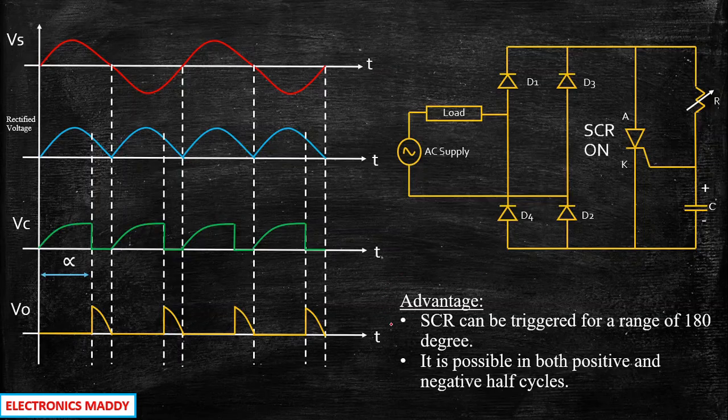So this is the advantage when compared to the half-wave RC triggering circuit, where you will only be able to control the SCR during positive half cycles. During negative half cycles, you had absolutely no control, isn't it? So by rectifier, you will be able to control both positive and negative half cycles, and the triggering angle is from 0 to 180-degree range. Whereas in R firing circuit, we had only 0 to 90-degree range, isn't it? For a resistive triggering circuit. So that is why this circuit is popularly used in a lot of different applications.